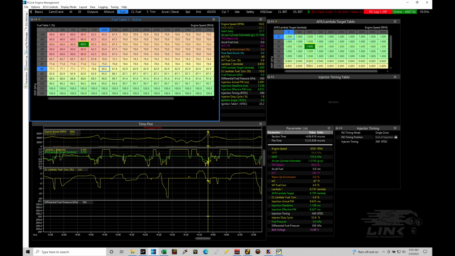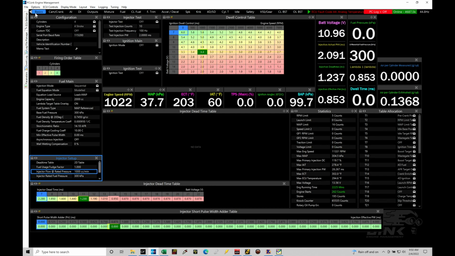The fuel mass is then converted into an injector pulse width based on knowing our injector flow, which we program right here. If we go to basics, we find right down here under injector setup, injector flow at rated pressure. We've represented these injectors being 1,000 cc per minute. Now, this injector flow is responsible for converting that fuel mass into what's known as our base pulse width. If we actually take a look right here, that's known as our injection effective pulse width in the Link G4x system here. So the conversion from our fuel mass request into an injector pulse width, this is where it